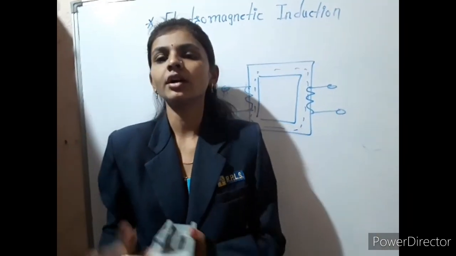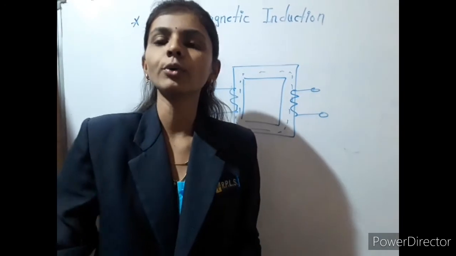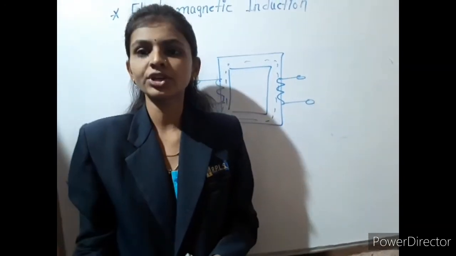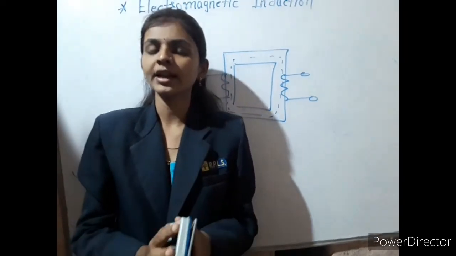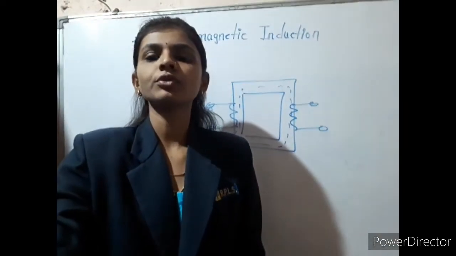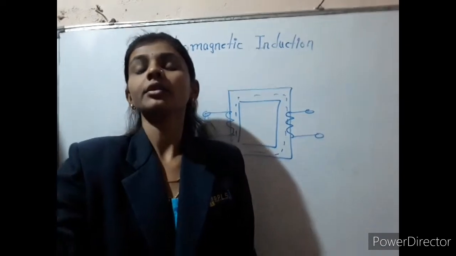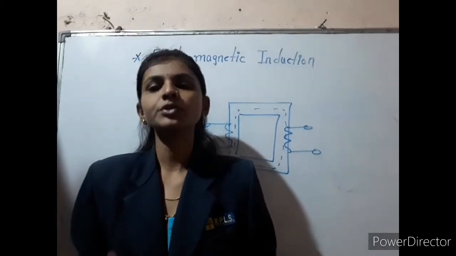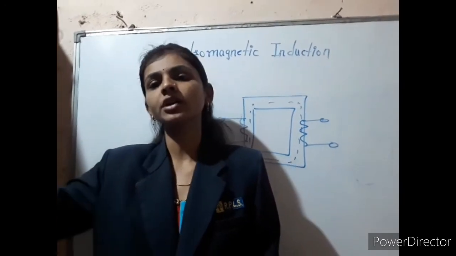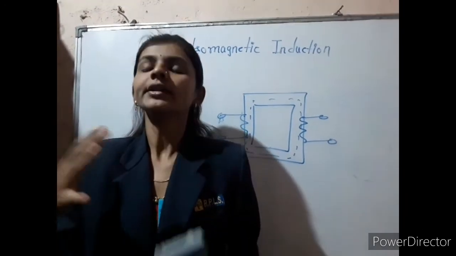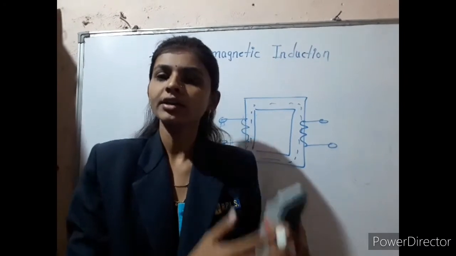In the next case, the electric generator, we are going to use the same phenomenon. So keep in your mind, electromagnetic induction is none other than this: when we give supply to the first coil, that coil starts to produce its own magnetic field around it, and that is responsible for producing current in the other coil. That is known as electromagnetic induction.